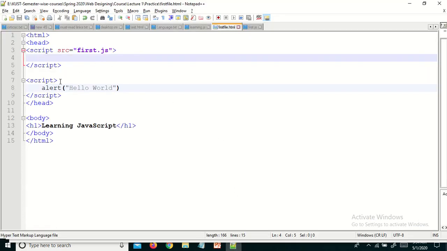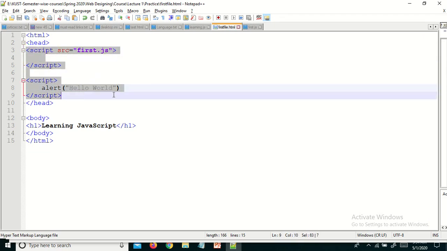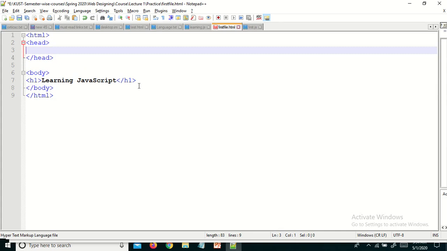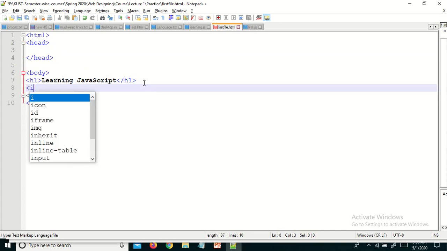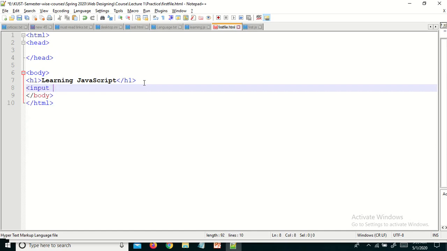For this I will open the same page. Now I remove these script tags and I want to add a button in this HTML file. A button can be created with the help of the input tag. Type equal to button,